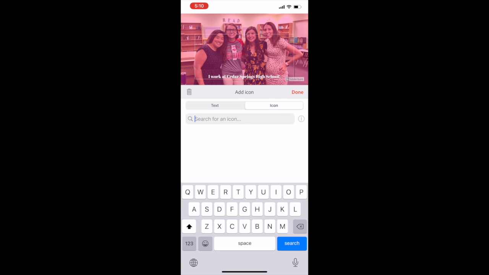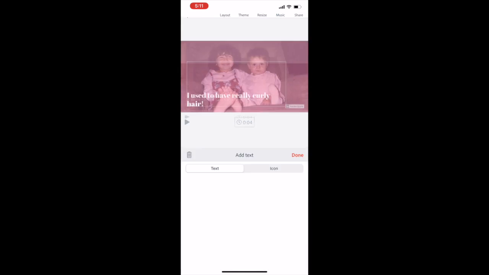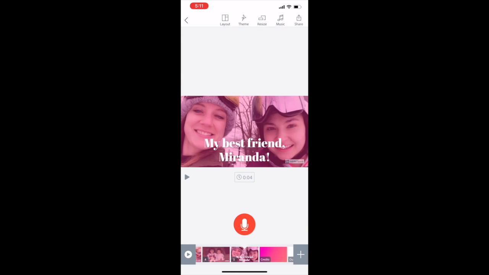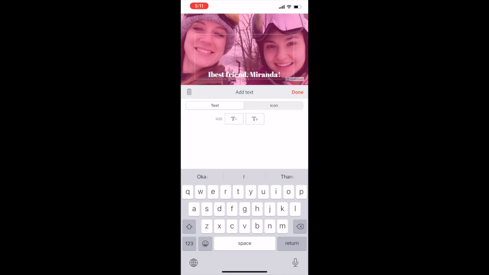So this is me using, again, that text tool that's right at the bottom. You just click that little plus sign or you click on the caption that already exists. I'm changing that information